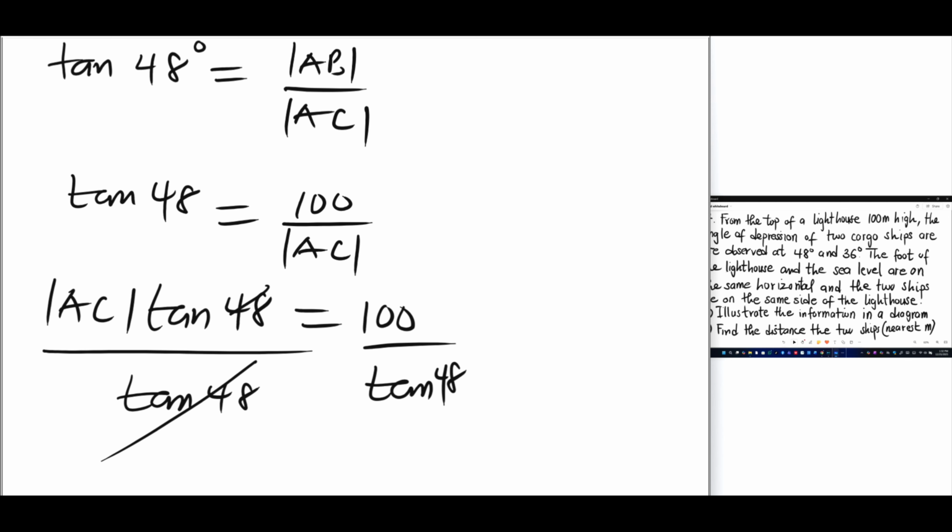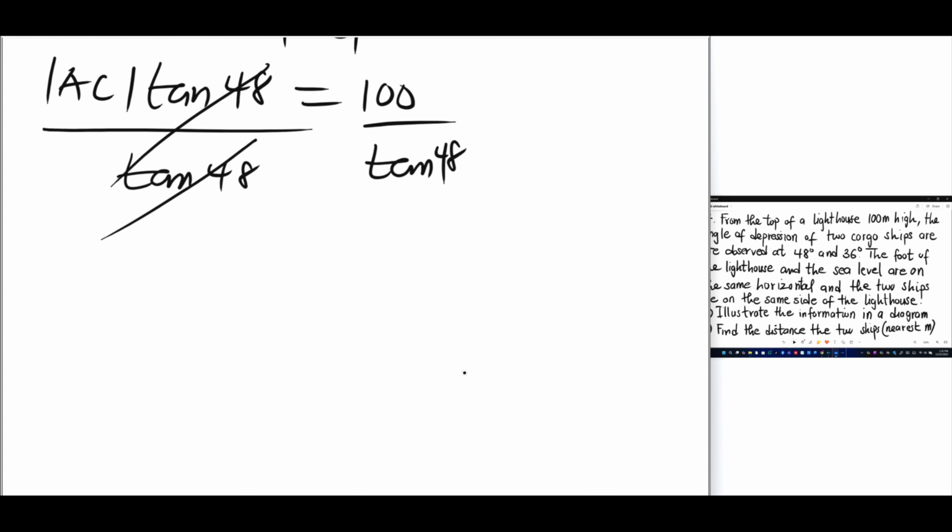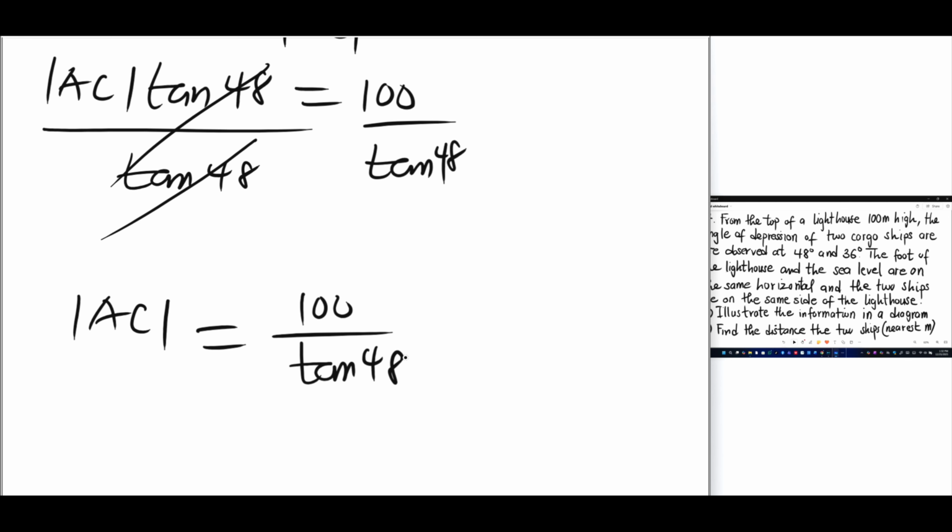So this tan 48 divides this, and we are left with 1 multiplying AC. We have AC is equal to 100 divided by tan 48. So let us look at it: 100 divided by tan 48. We are getting the answer to be 90.04. So we have 90.04 meters as the distance between the foot of the lighthouse and one of the cargo